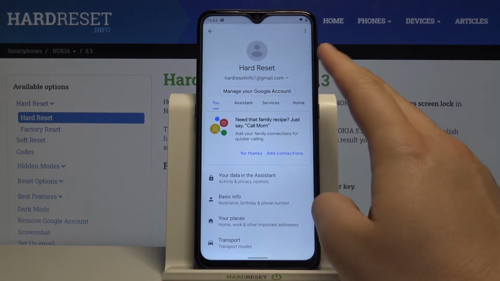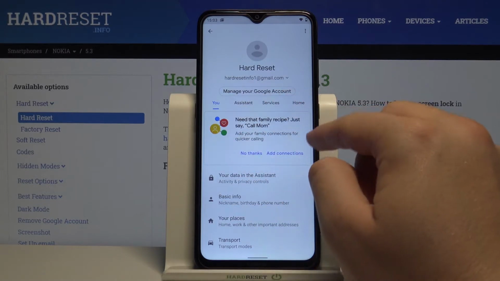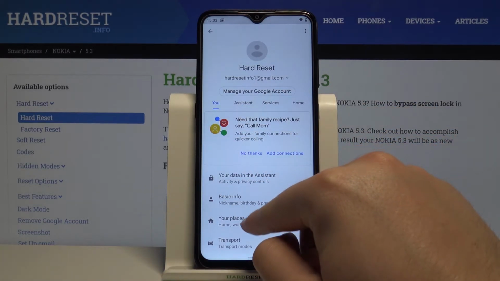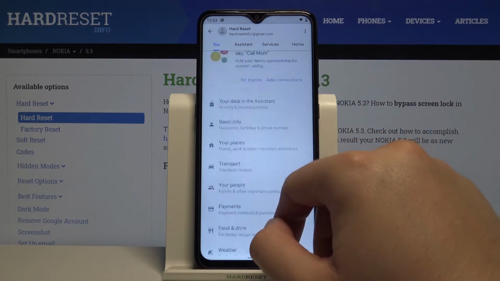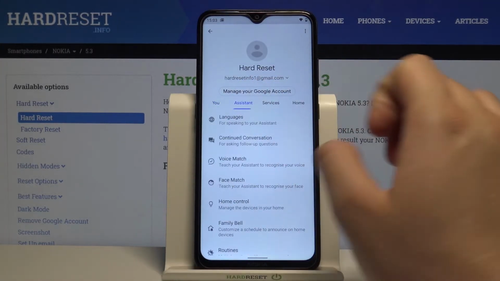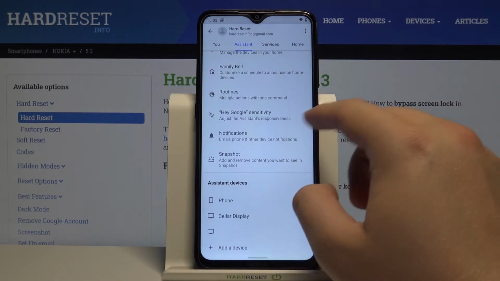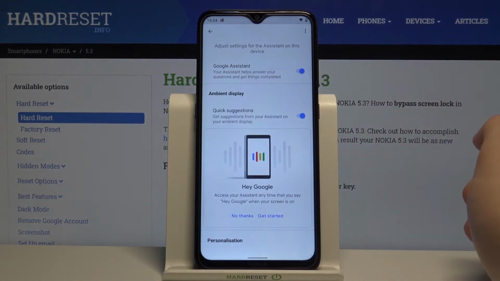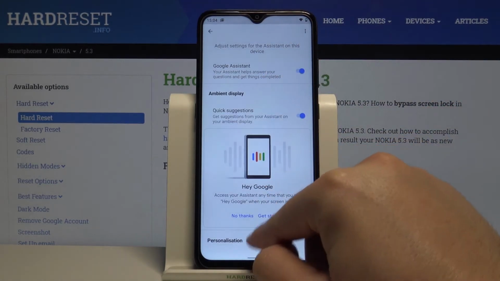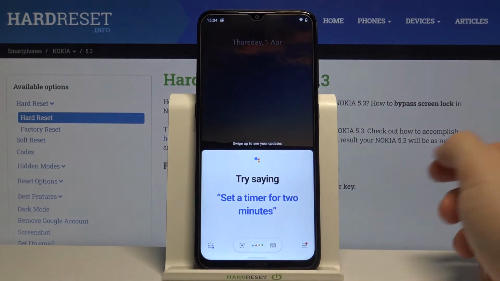And there are two ways how we can turn it on. The first one, if you got the latest version of this app, you have to scroll down and after that you will find the general settings here. But I have the oldest version, so you have to go for the assistant, scroll down and find your assistant devices, phone, then tap right here on the switcher, and as you can see right now, when you go here, we can easily use our